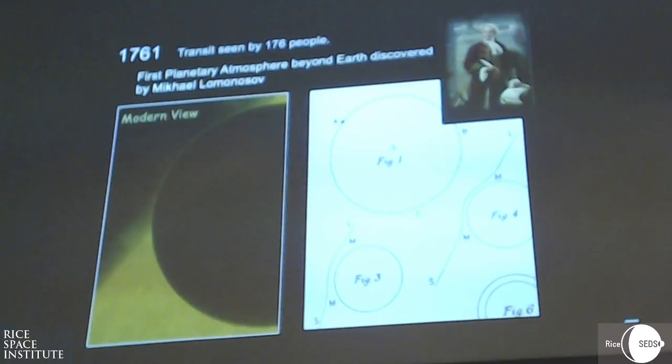just like some of the things that we saw with Cassini. This transit technique was first used in 1761 by an astronomer. I believe he was a Polish astronomer, and not many scientists saw this transit. 176 people, but indeed he was able to see an atmosphere of a planet for the very first time. We thought these were only rocky bodies, and now we're seeing atmospheres,